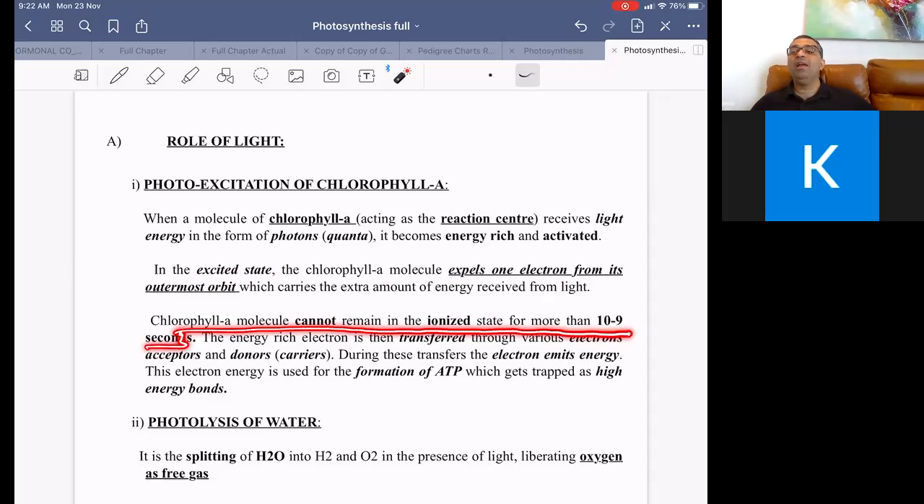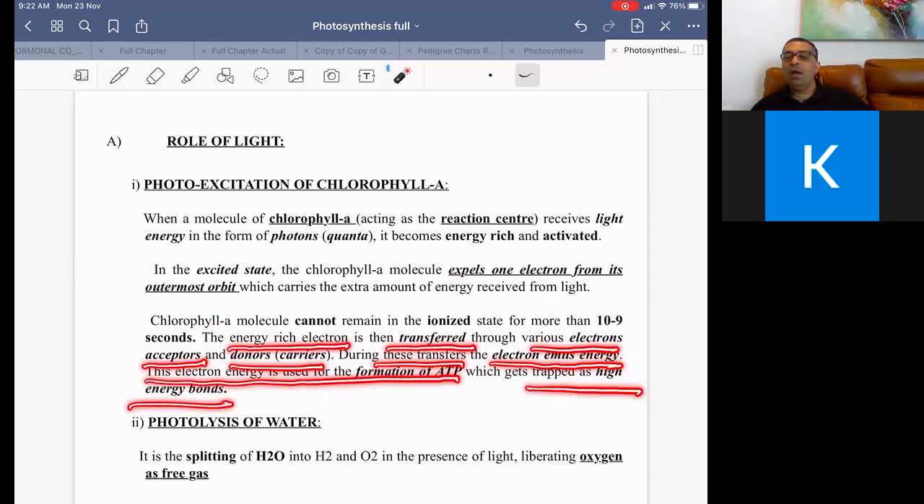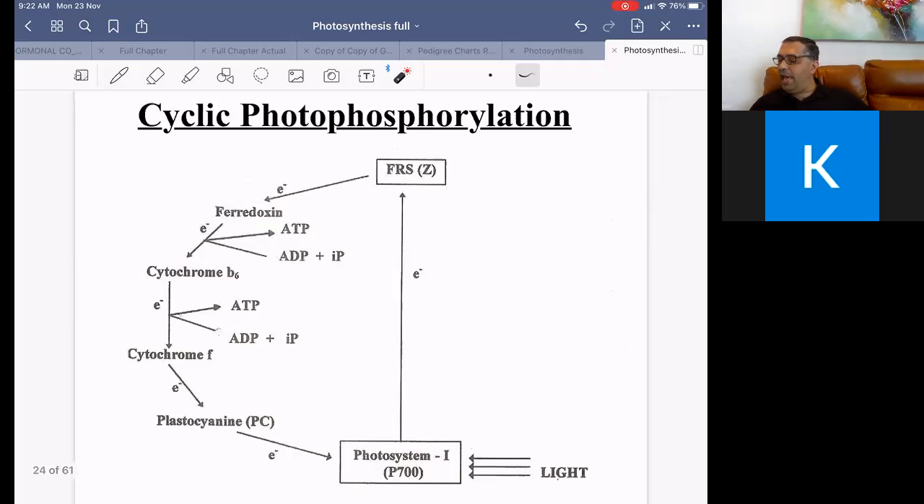So what will happen within those 10 raised to minus 9 seconds? Within those 10 raised to minus 9 seconds, energy rich electrons are transferred through various electron acceptors and donors, and during these transfers the electron emits energy which is used in the formation of ATP, which is trapped as high energy bonds. We will do this in detail, but look at this, sir, this is chlorophyll A, and chlorophyll A